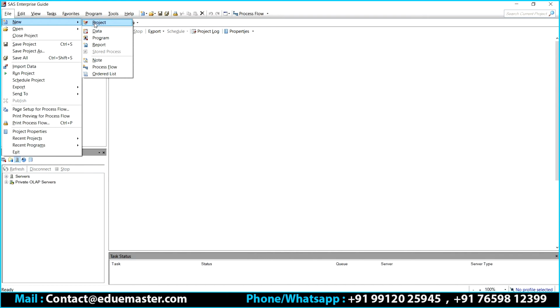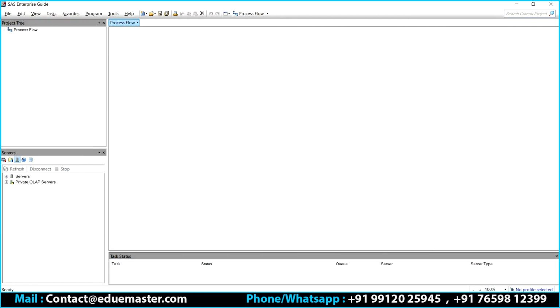Either I can create a new project, or a new table, data is nothing but a table, or a new program, that is what our SAS program is, or I can create a report, or maintain a note, or maintain the order list. All these features are not available in the other SAS, I can say PC SAS. For now, on a lighter note, we want to start a program, so let's start with creating a program.